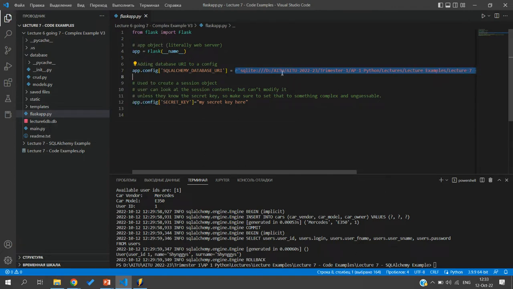Okay. If you're going to use PostgreSQL or MySQL, you are going to write the path to the SQL server or MySQL server database. Okay, so it's going to be some kind of link. Okay, so right now we have a file here, and